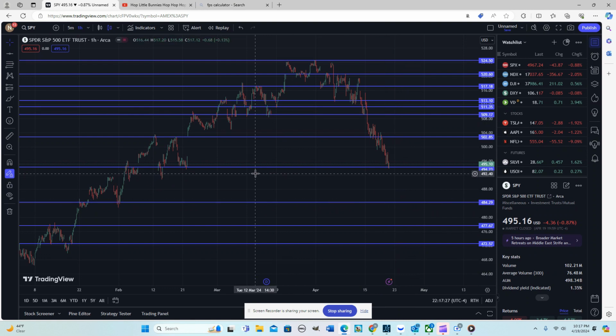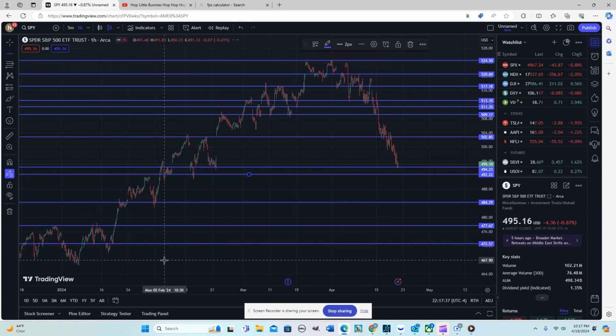I mean, you could place anything that acted as support or an area of demand. So here, for example, I don't see too much, right? I can see 49.22 if we break through this, 494.23 here. And then after that, really, we could be headed back down to 480 or 44.29. Again, that's the